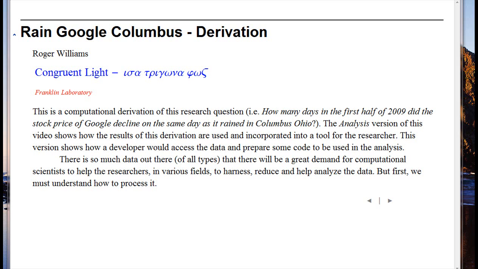This is a computational derivation of this research question: How many days in the first half of 2009 did the stock price of Google decline on the same day as it rained in Columbus, Ohio? The analysis version of this video shows how the results of this derivation are used and incorporated into a tool for the researcher. This version shows how a developer would access the data and prepare some code to be used